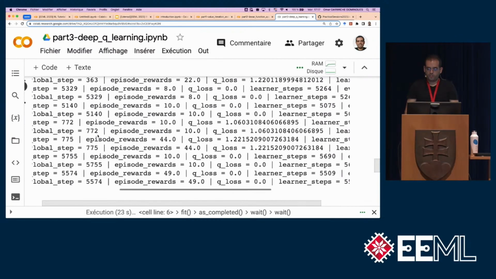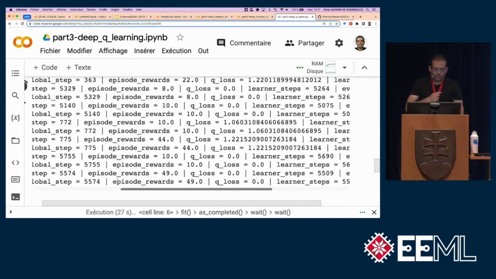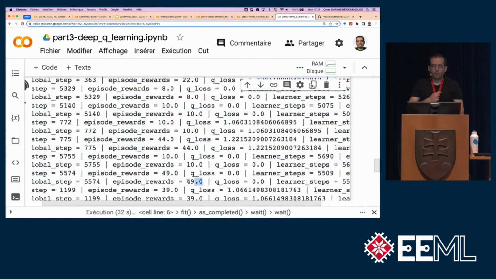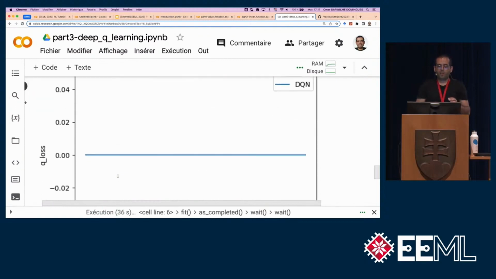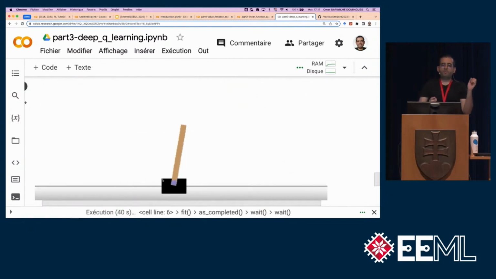Okay, so there's some loss. And just to give you some idea, the episode rewards are the rewards that are collected during an interaction in the environment. So you're trying to balance a bar, a pole. You're trying to balance this pole, and the episode rewards is the amount of rewards that we got while the bar was